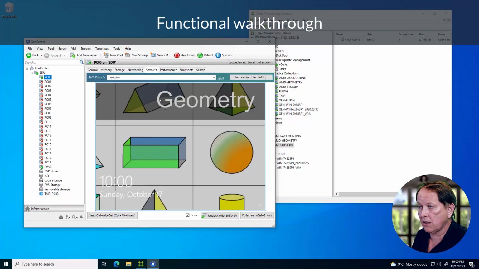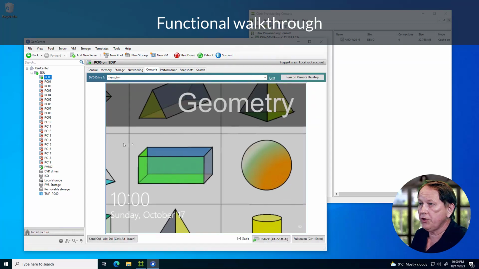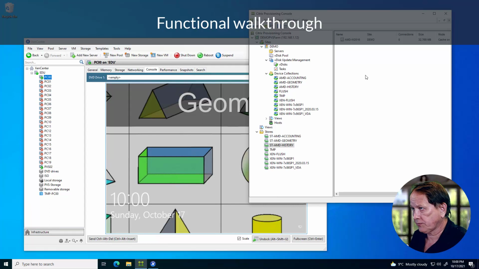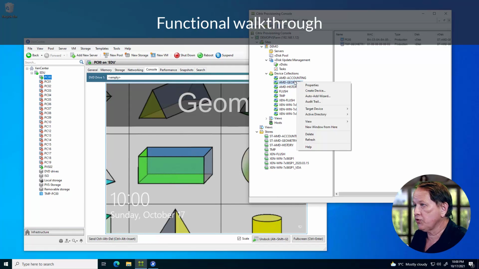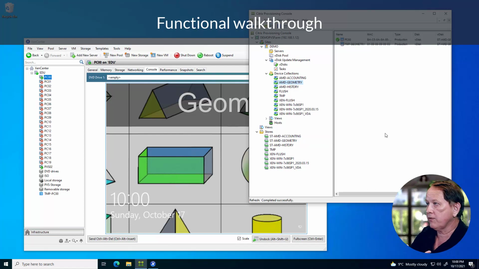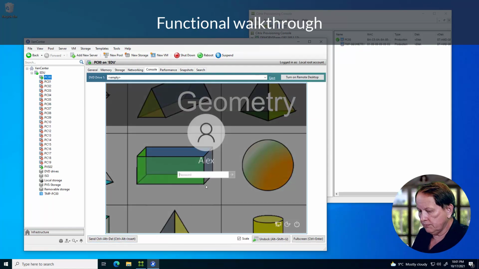So let's take a look. Oh wow, so we happen to have a geometry image. So that's PC000, which was given the image for the geometry class. And let's take a look. If we refresh our geometry collection here. Okay, so we have our device already online, right? So if we do login,